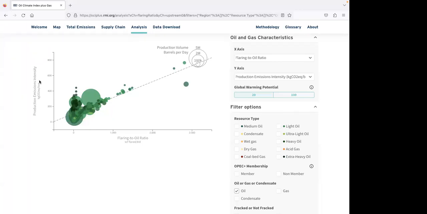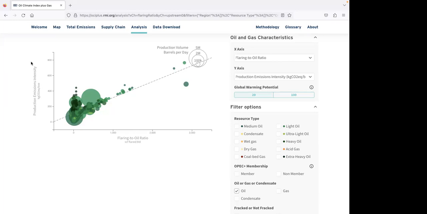For many global oil resources, gas is considered a waste product that operators need to get rid of and burn off. Addressing flaring has not only significant environmental and climate benefits, but also public health benefits because of its negative impact to surrounding communities. There's so much more climate intelligence available on this page, but I'll highlight a few more